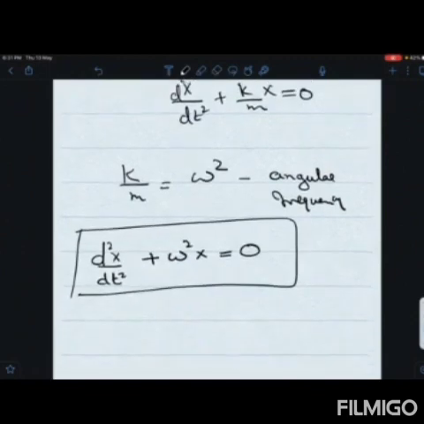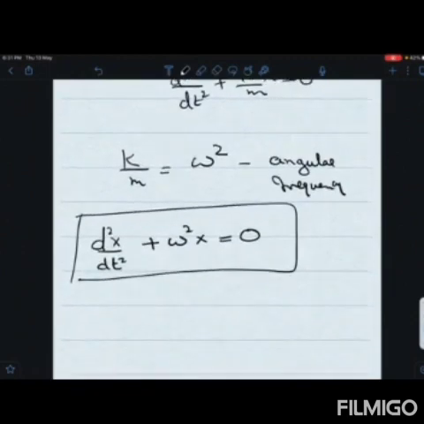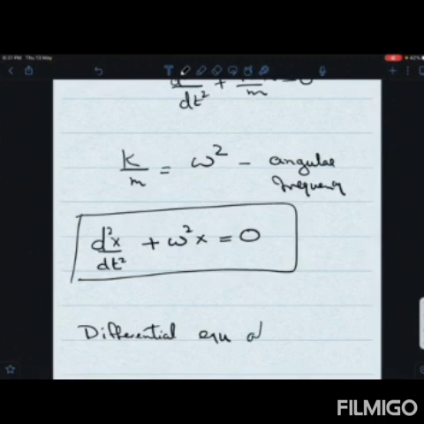And this equation is known as the differential equation of a simple harmonic motion or simple harmonic oscillator. Okay, thank you. In the next video we shall discuss about its